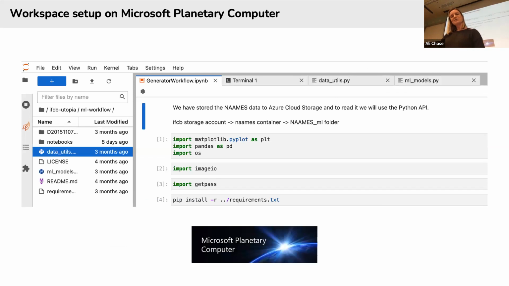So this is our workspace setup on the Microsoft Planetary Computer. You make a Microsoft account, you log in, and then you're ready to go. They have many pre-installed libraries, and we were importing some Python libraries, but their environment is ready to go for a lot of research related to earth science, but more broadly could be useful as well. There's a place you can open a terminal, you can use Jupyter notebooks, and then we also have some Python modules for our different networks and utilities, so data, different functions that we have been working on.